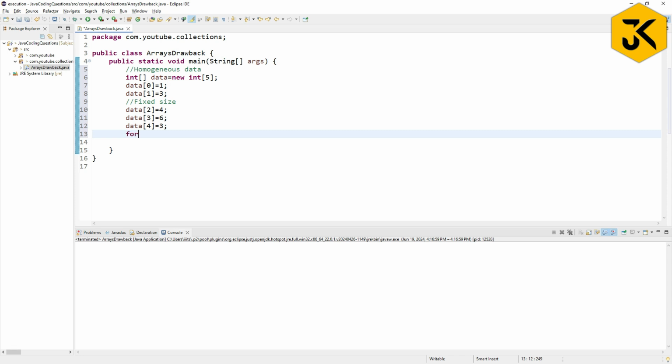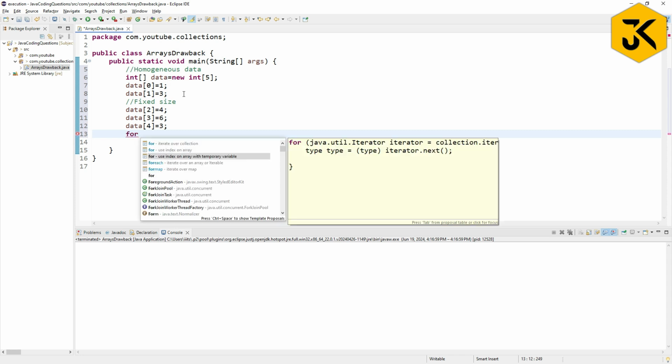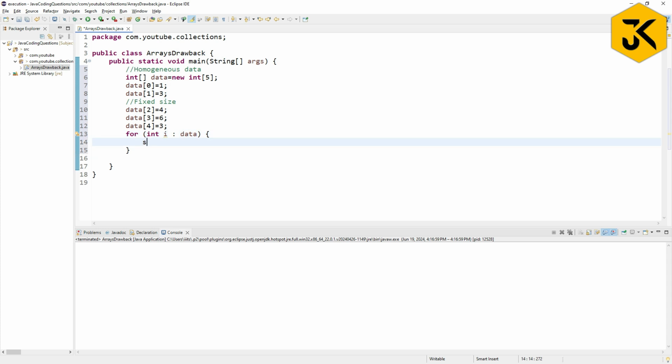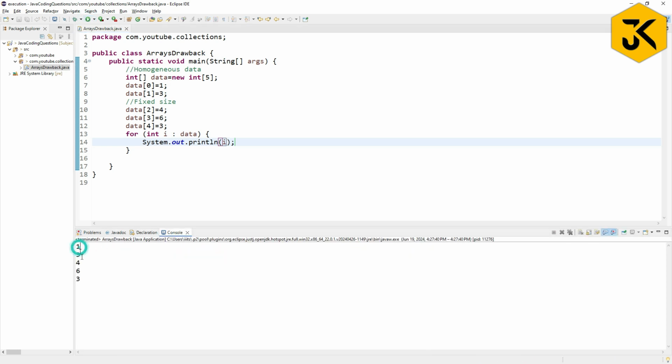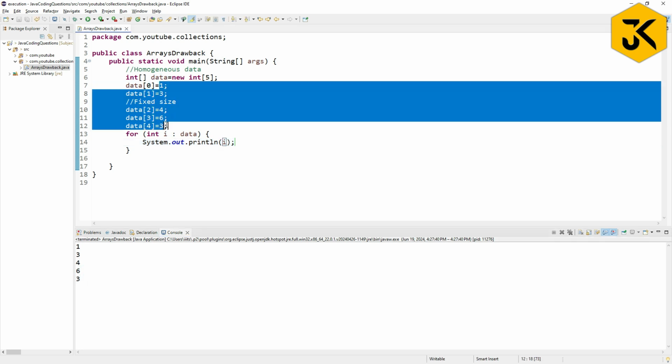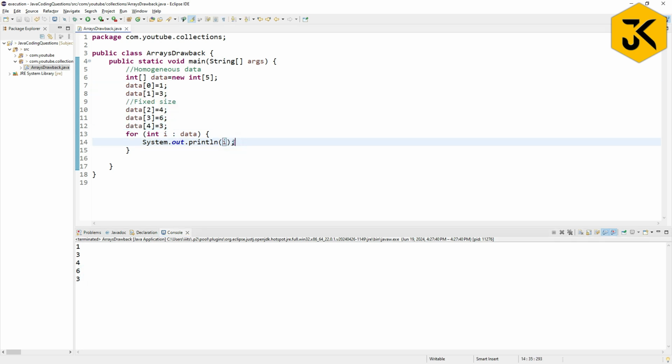If I try to print them, I can print happily, right? Let me call the print as data of i. If I run it, you are going to get the elements 1, 3, 4, 6, 3, in the same order in which you added the elements.